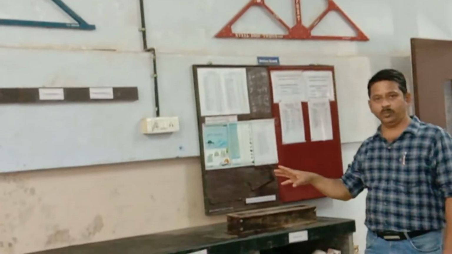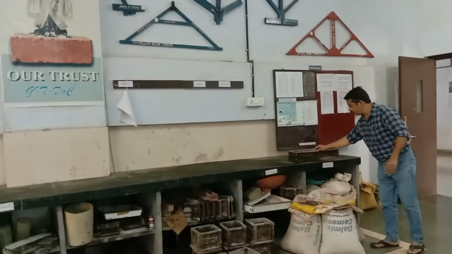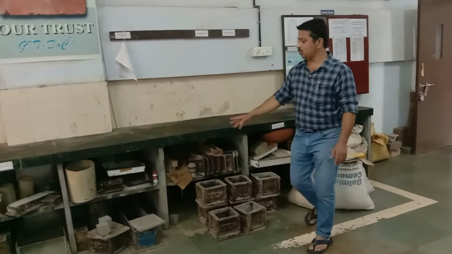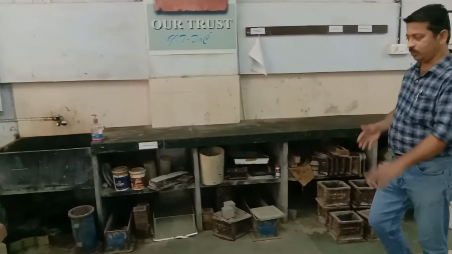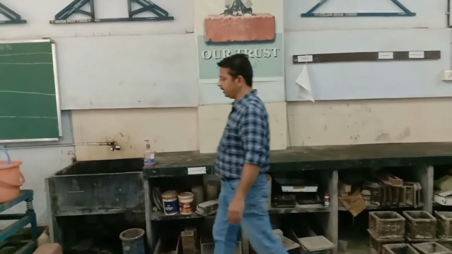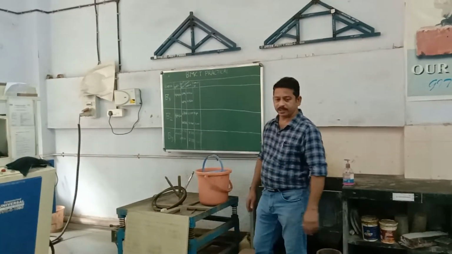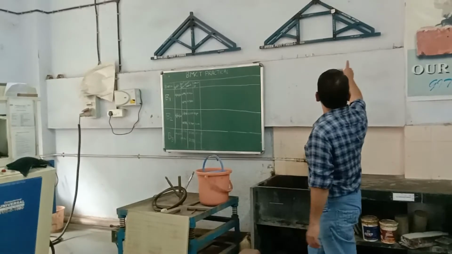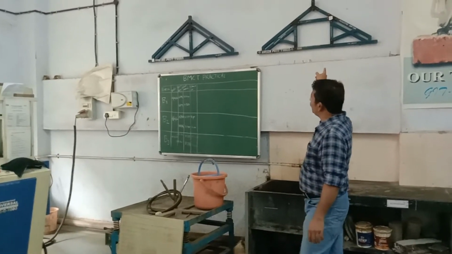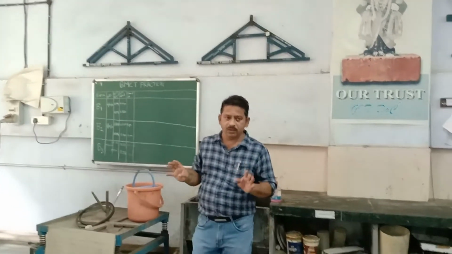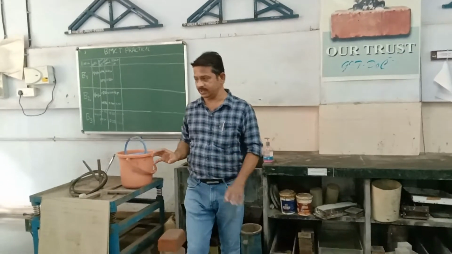This is the platform for casting of cement cubes and concrete cubes. These are the different cube shapes. This is the beam mold and the concrete cube mold. Various cube molds are there, and we have 27 cube molds. After that, this is the vibrating table which is used to vibrate the fresh concrete. These are the twin post truss and king post truss. So we have all the models which are required for civil engineering.